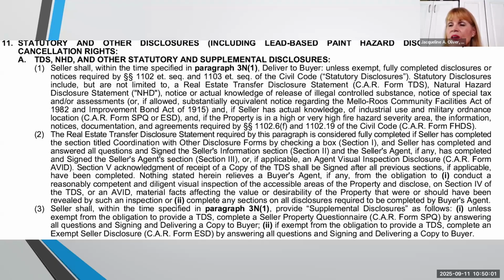And for those properties built before 2010, that's a whole other class that I give. But NHD, that's something important that you should know, natural hazards disclosure. I know that a lot of people receive it and they never look at it. So they're paying for it and they're not using it. And you can see right in this A1, sort of in the middle, it's exactly what I just said. And under 1102 of the Civil Code, 1102.6F and 1102.19, it mentions that high or very high severity.